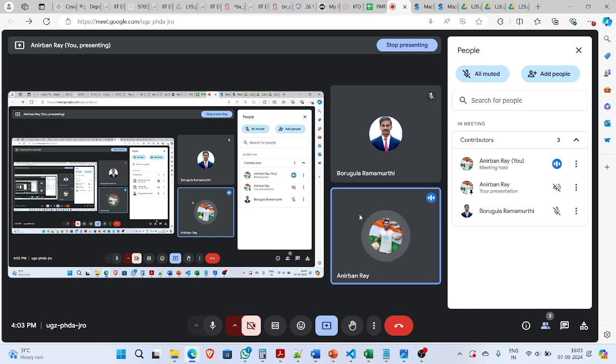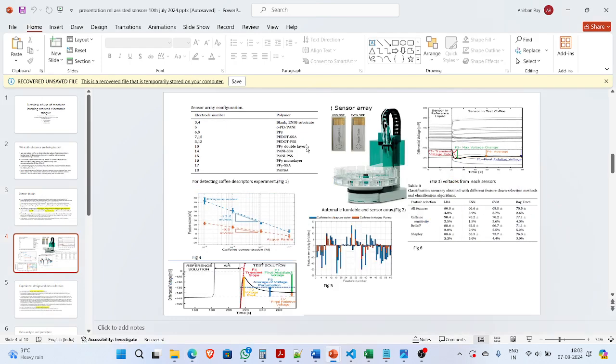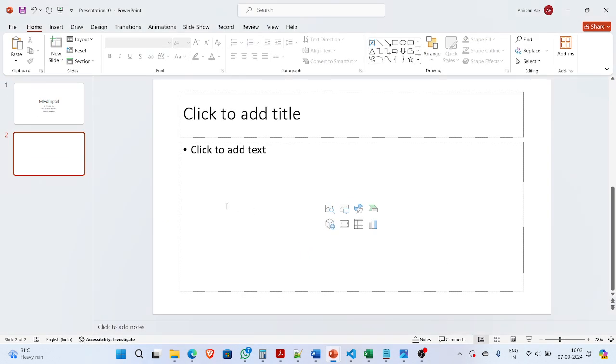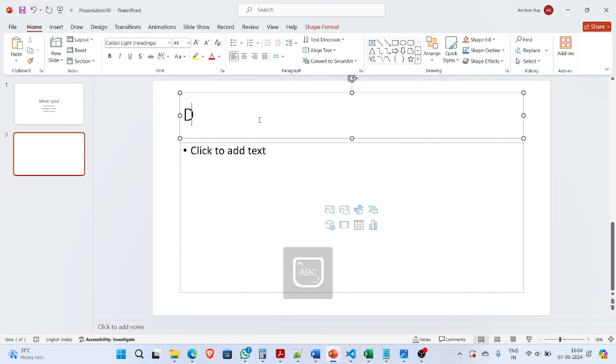Okay, let's get started. So we are focusing on dimensionality reduction today, and the main two dimensionality reduction techniques are